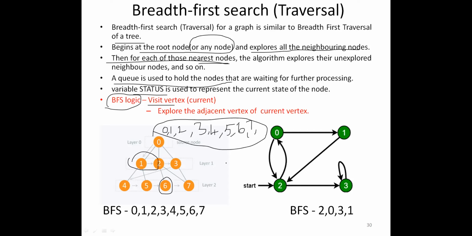Then we'll come to an example of a directed graph. Here it is directed. Here we are not starting from 0. I can take any random vertex. Here we are taking 2. So I write 2, the starting element. Who are all neighbors to node 2? We can't simply say 0, 3, 1. Since it is a directed graph, we have to look at the direction. So 3 and 0. 1 is not adjacent.